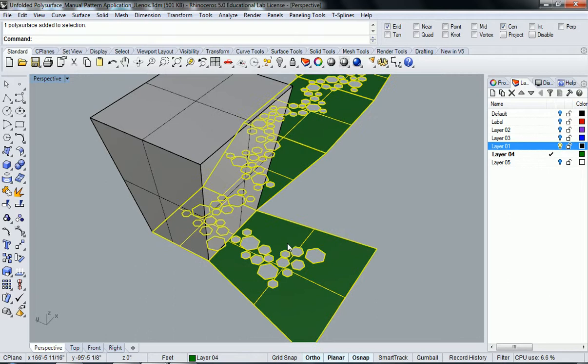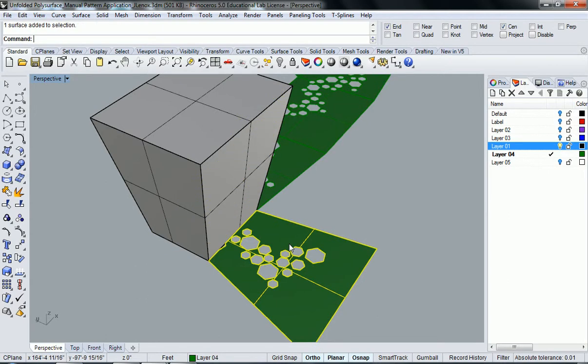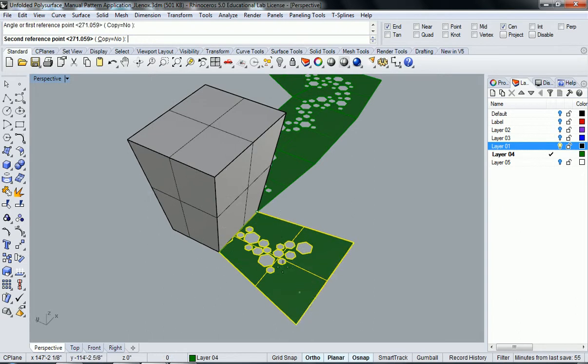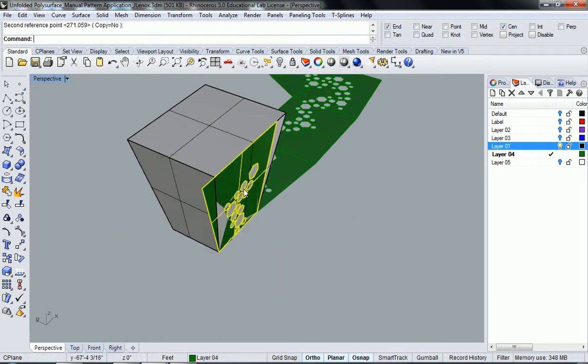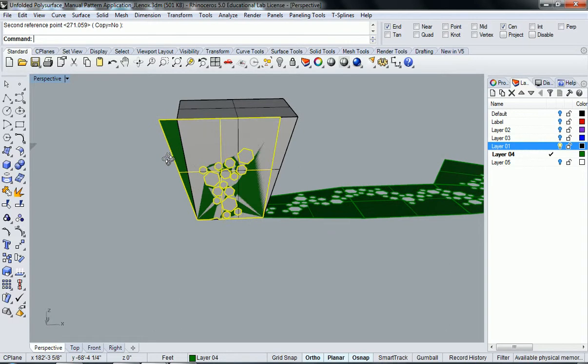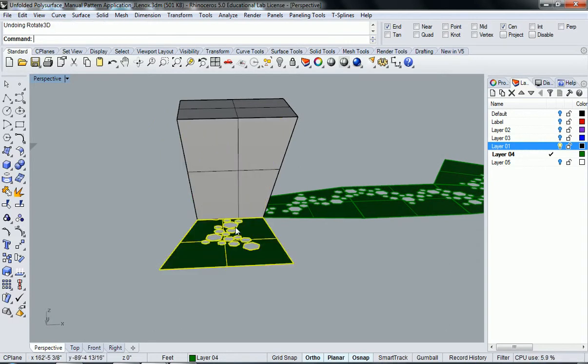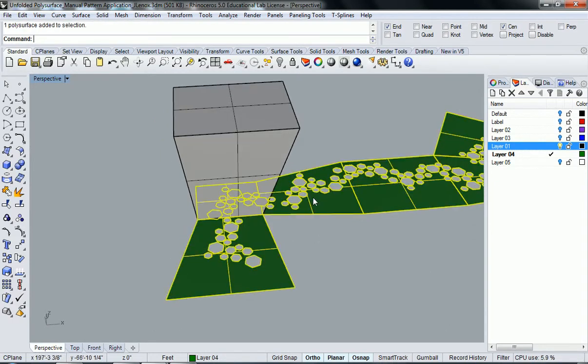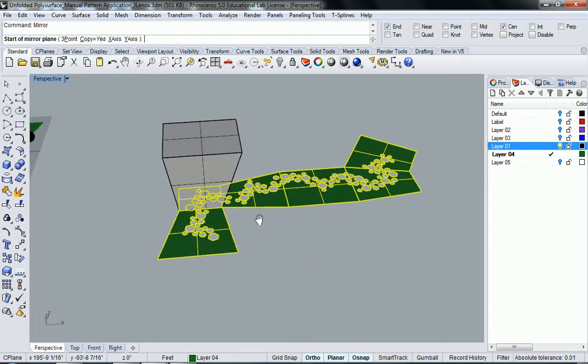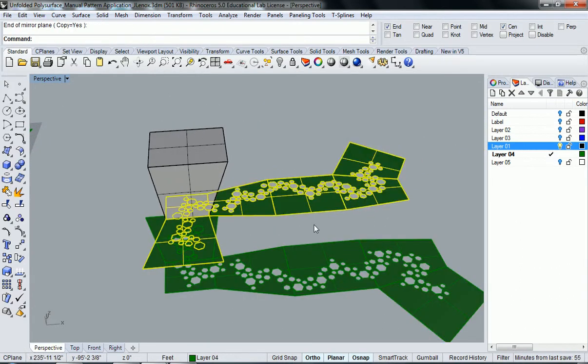So I'm going to go ahead and explode, and let's go ahead and rotate 3D our first side, and let's make sure that it is on there correctly. And you can see when I put it up there that it looks like it needs to be mirrored. So that situation tends to happen a lot when you unroll surfaces, so what I'm going to do is go ahead and just mirror this plane, delete the old one,